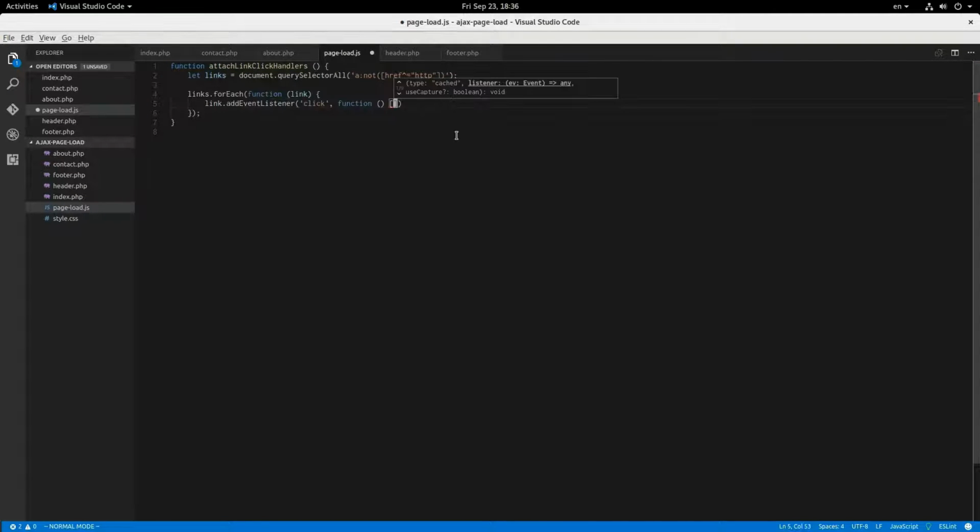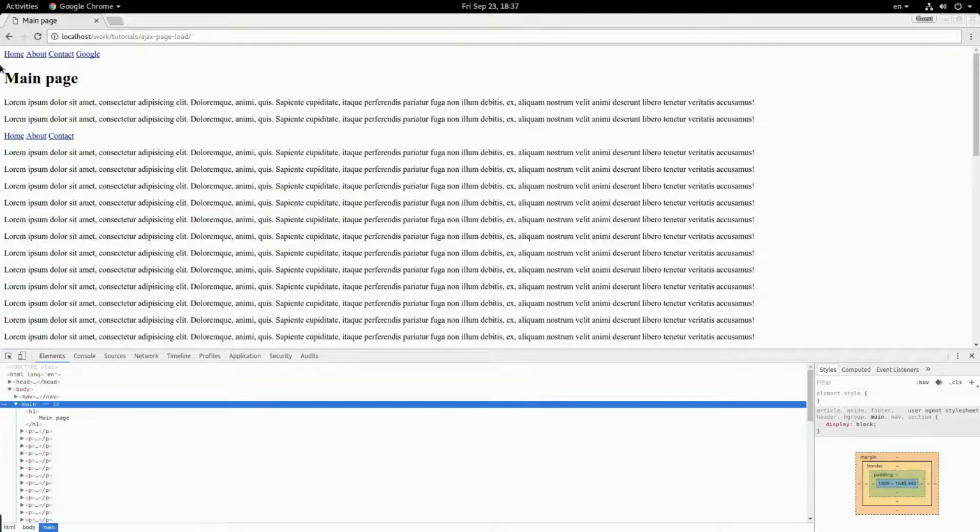No, I did square brackets. Okay. And in here, we're going to, well, first of all, we have to make sure that the browser doesn't follow the link by itself. So e.preventDefault and return false. So now all these links,